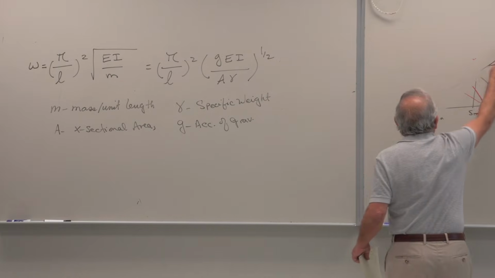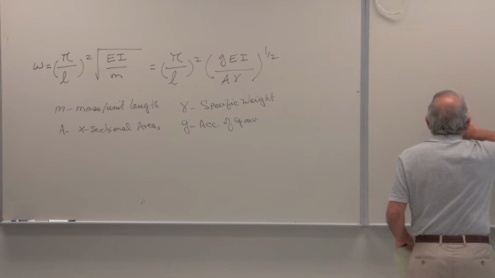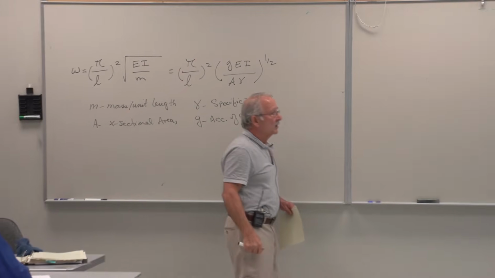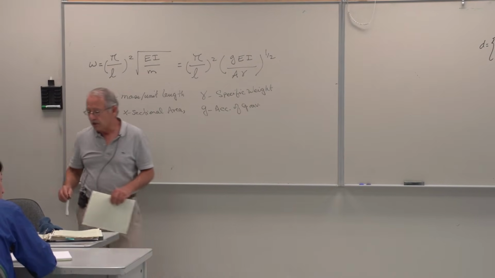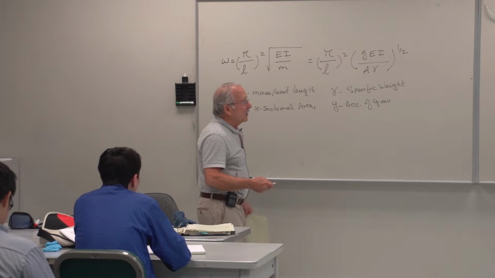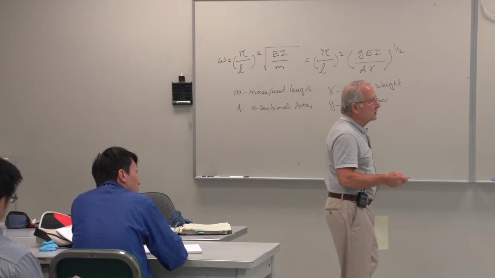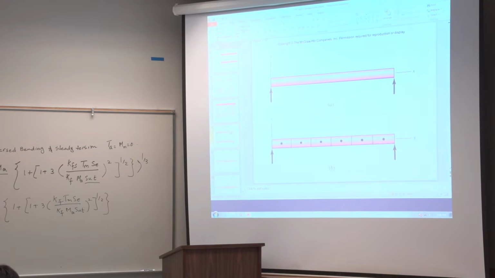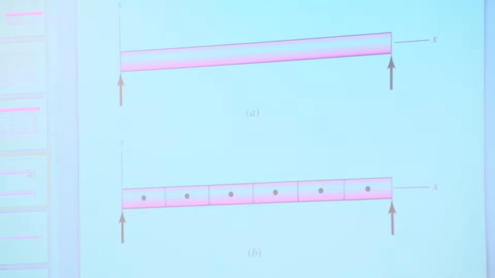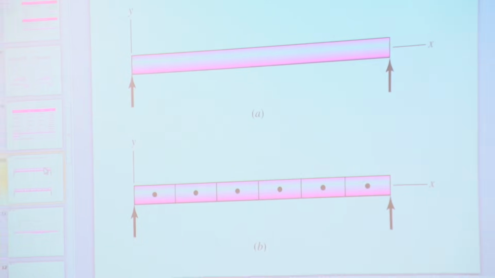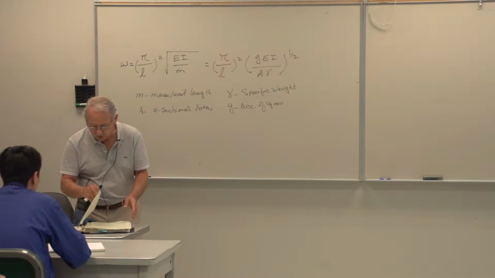If there is a load on the shaft, and by the way, they usually calculate the frequency like that: divide the weight of the shaft into little pieces and apply each of them at a point. But if there are actual loads applied, like a gear or a sprocket or something like that,